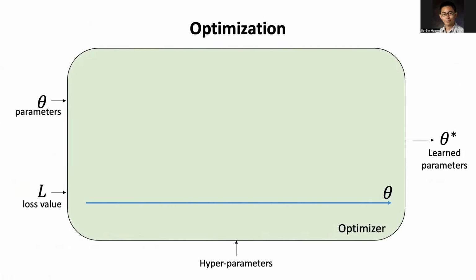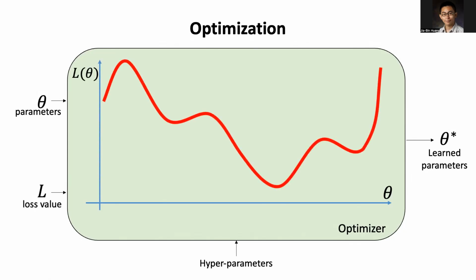Think about this. I have a space of parameters to explore, and every parameter gives me a loss. Let's say your loss looks like this. Initially I don't know what a good model parameter theta is, and I can't try out all the possible thetas. In one dimension you can do that, but imagine you have thousands of dimensions. You couldn't really search that. So all you have is an initial, random guess, and you want to improve it